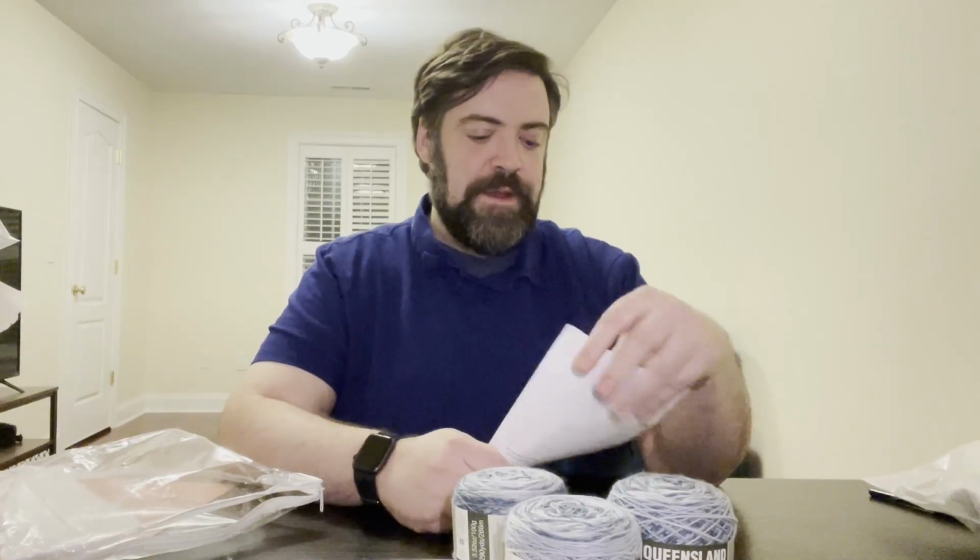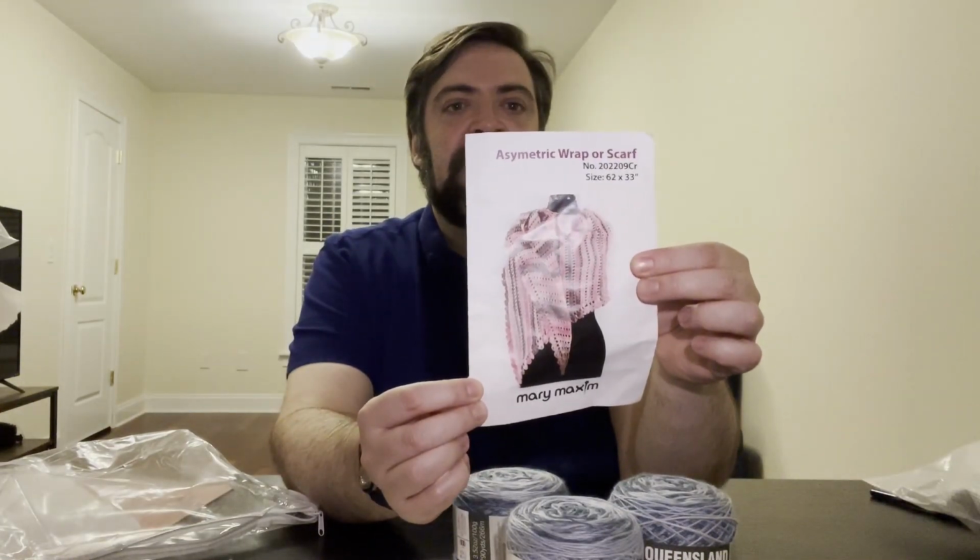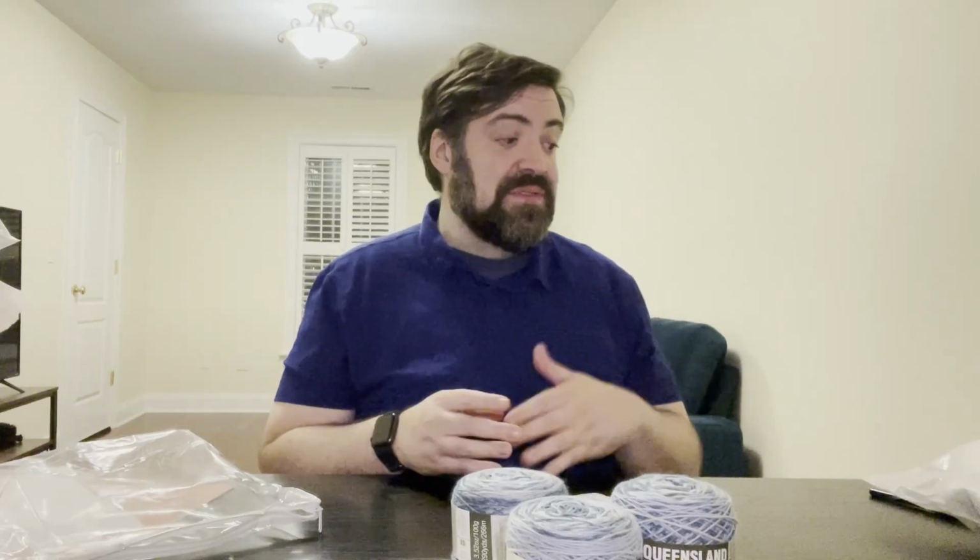And then they sent a pattern, an asymmetric wrap or scarf. I'll say this too, I've really enjoyed this kit. I do feel like every 3rd month, they give us really nice yarn and then just a random, really easy wrap or scarf pattern, which is fine. But I've also had these blue and white booties, like slippers, that were really cool. I've had some really cool accessories. I had that snowflake table topper. So I'd say 2 out of each 3 months, there's something really interesting and cool. And then the 3rd month will just be some sort of generic scarf or wrap. But I honestly don't care about the pattern this month